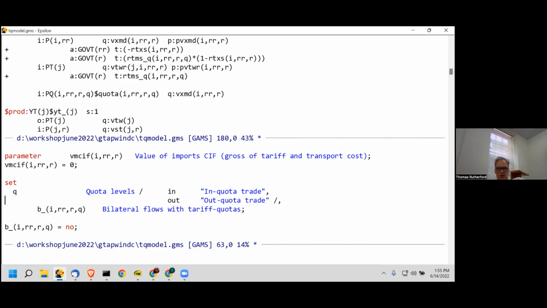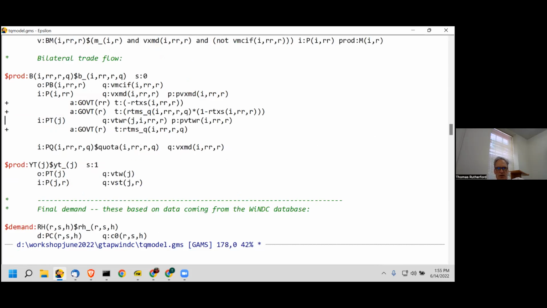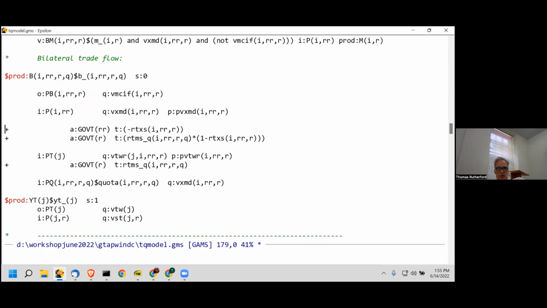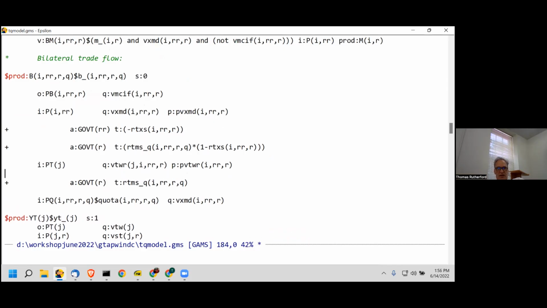It's weird. So quota levels: in quota and out of quota, there are two types of trade. If I look at the bilateral trade model, this is bilateral trade from region R into region RR into R for quota category Q. So Q is either in quota or out of quota, and they each have their own. If I look here and we just line these up, if you look at the trade flows, RTMS underscore Q is what the tariff rate is on quota category Q on this commodity between those pairs of